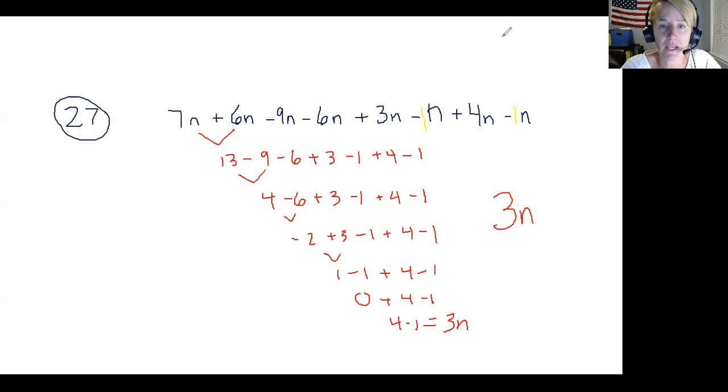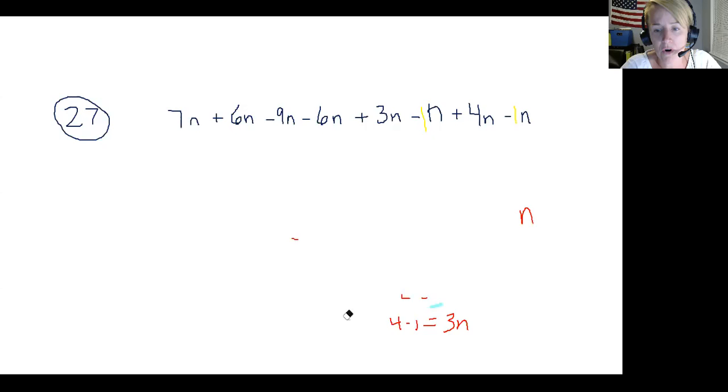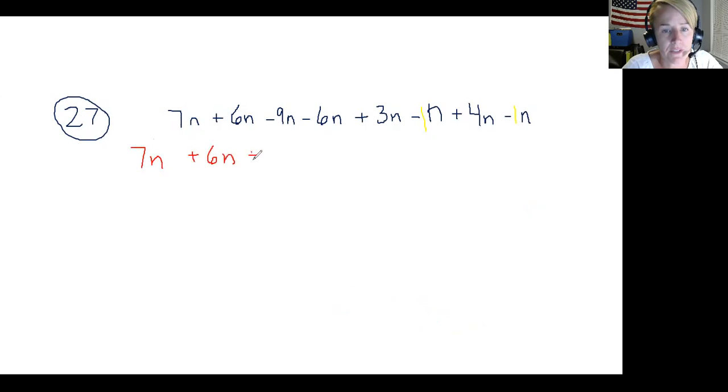Now, there's another way I could do it, like always. If you like the algebraic addition, then you're going to want to start by totally rewriting this. So you're going to say 7n plus 6n plus a negative 9n plus a negative 6n, and it's okay if you like to do it this way, plus a 3n plus a negative